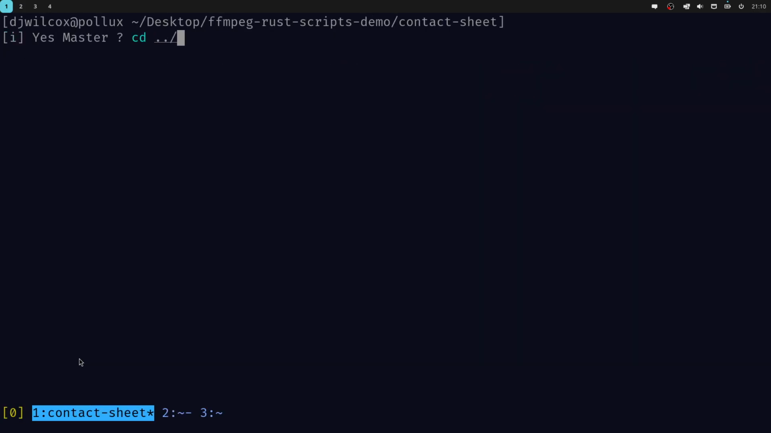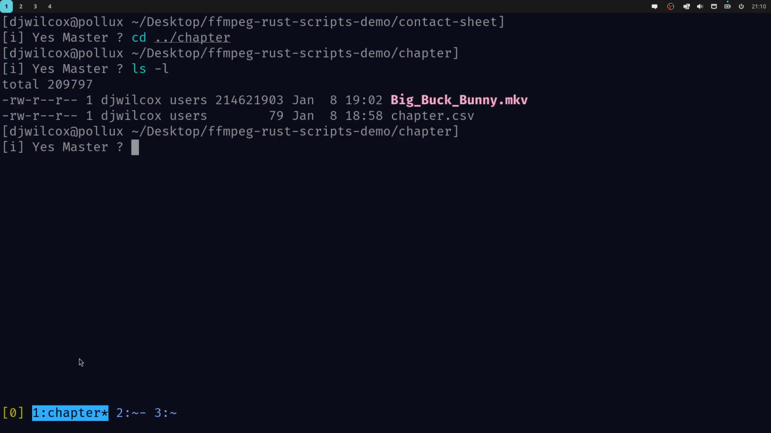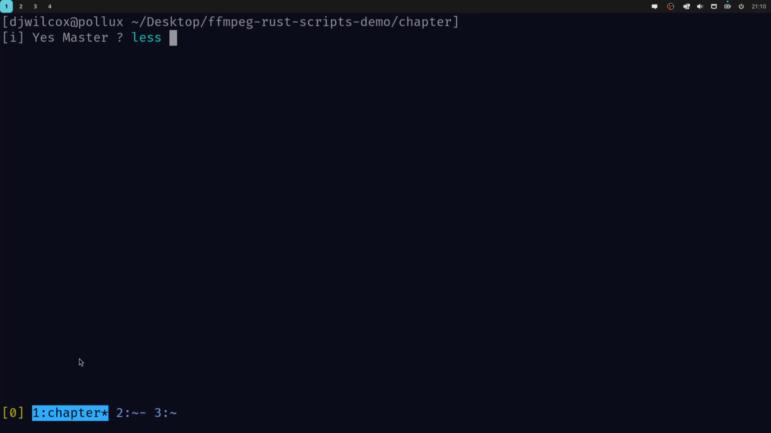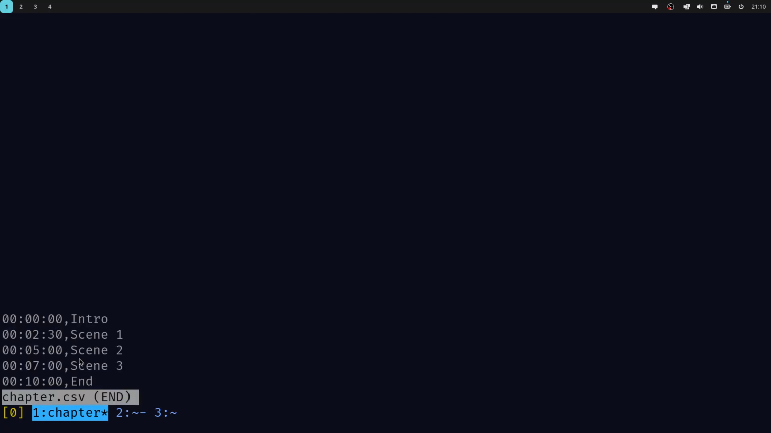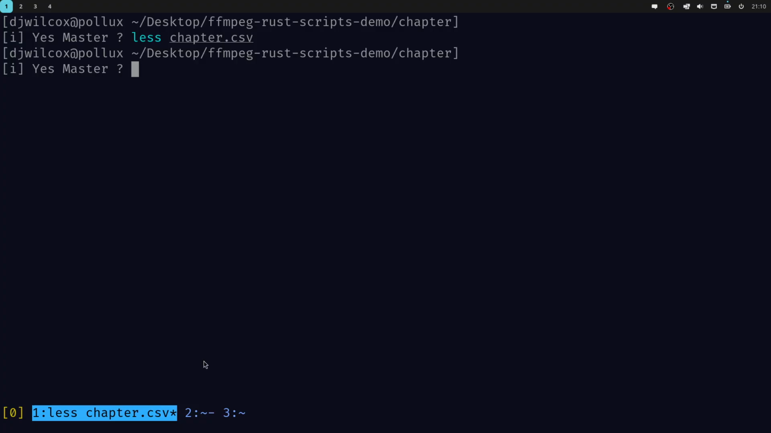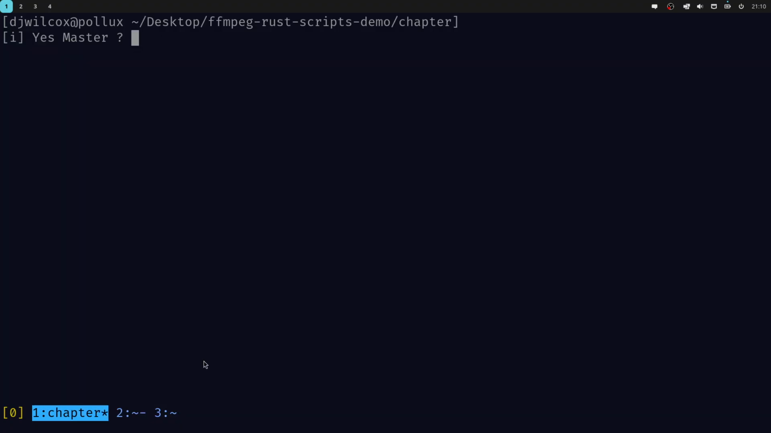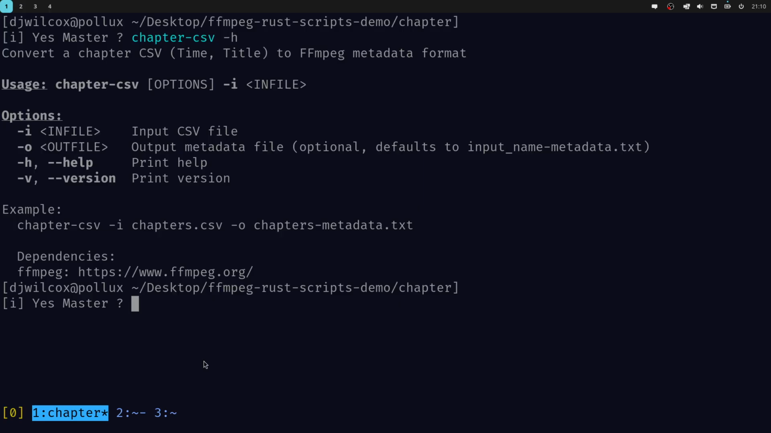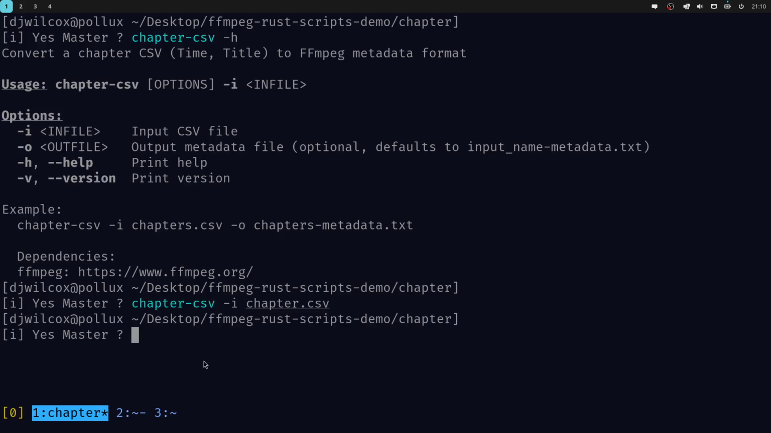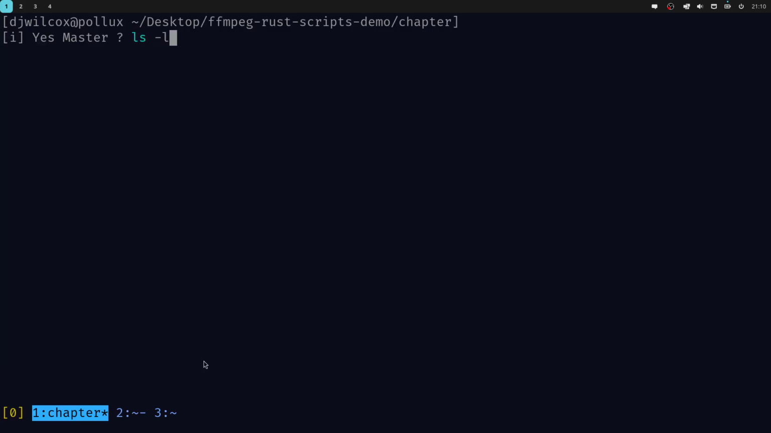So chapters, I have a chapter-csv file here, as you can see, using the same timestamps as in the documentation, and I have a 10-minute video. So I'm going to run chapter-csv -h. I just need to give it the input file, which is chapter, and what you'll see here is it